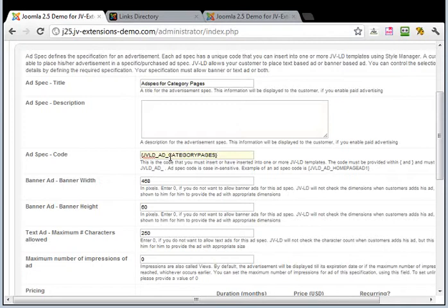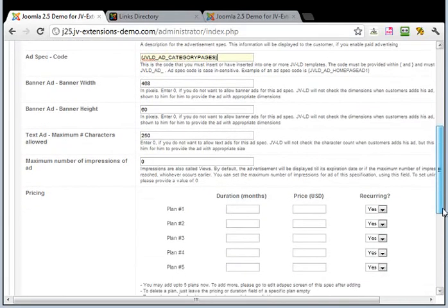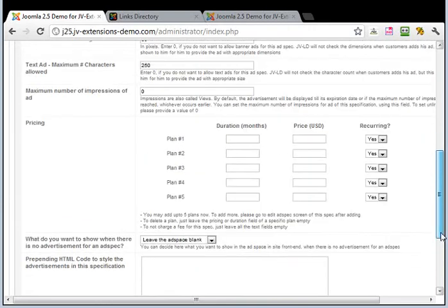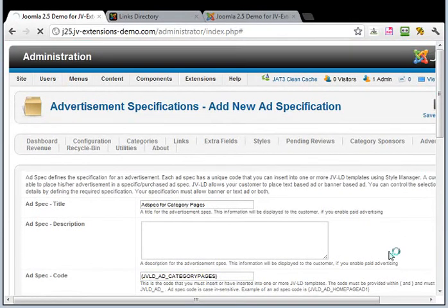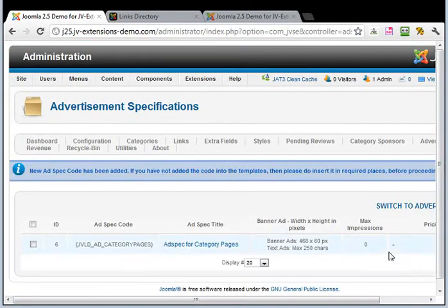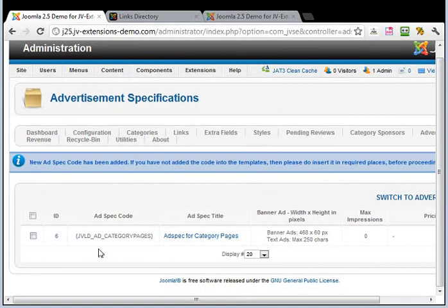Whatever follows the second underscore, you have the ability to choose. You can choose anything that you want over here. Then I'm going to leave the rest of the information as default. I'm not going to change anything, and then I say save. So the ad spec has been created.